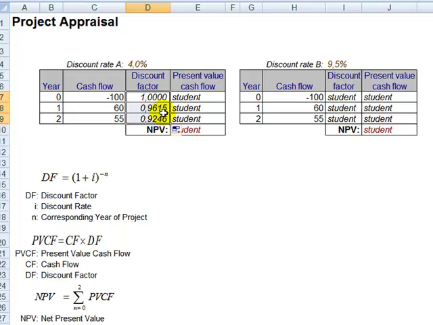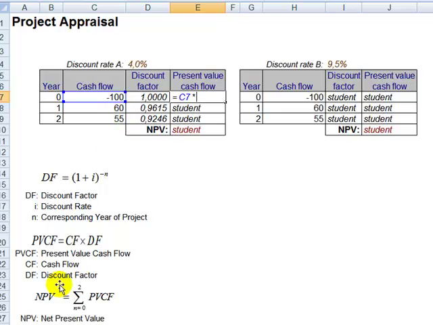Now, the next thing we need to do is calculate this formula here. So this is given by this simple financial formula. So again, we use the rules of Excel and we replace the financial formula to the corresponding cells on our spreadsheet based on the first and second rule. So cash flow refers to this cell here,